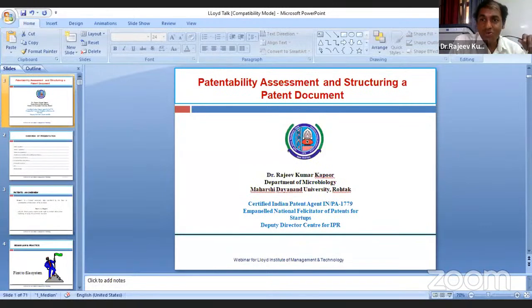So good to meet you, Dr. Amrish. I also hold a similar profile in the university. And apart from my teaching normal curriculum in the field of microbiology, I also look after the patent filing process